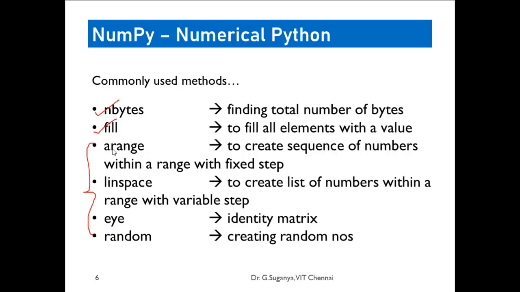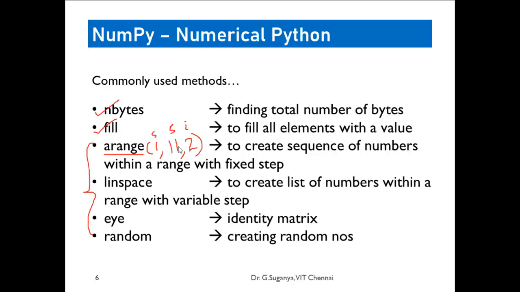Suppose arange. What is arange? It will create an array for you using the range operation. So arange, array range. Normally range will take 3 parameters. What are those? Start: if I start with 1, it will be the starting value. If I want to stop at 10, I have to give 11 as the stop value, because we know in Python the stop value will not be taken into account. If I write 1, 11, it is 1 to 10. Suppose I want to give 2 units as my interval, I have to include 2. So this is the start value, this is the stop value, and this is your interval. It will automatically create an array.